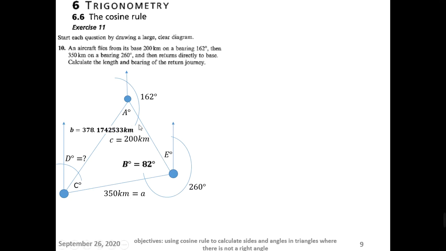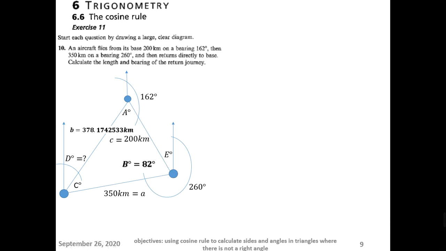Now, we have all the sides in this triangle known and one angle known. So we are going to try to find angle C so that we can find the bearing at last. How do we find angle C? If you have a close look, we have the sides C, A and B known. So we can start with the cosine rule,